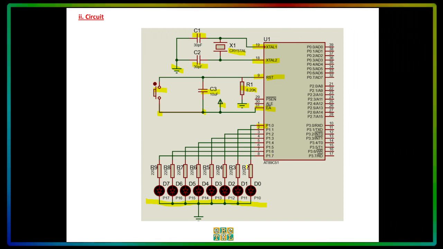Now take note that a resistor is in series with our LED here, and the cathode of the LED is connected to the ground, and the anode is connected to the resistor, which is connected to the port pins of P1. Now, in this kind of circuit diagramming, we did not show anymore pin 40, which is positive 5 volts DC, and we did not also show pin number 20, which is the ground. But you may do so by simply writing over here number 40, which is VCC, or number 20, which is